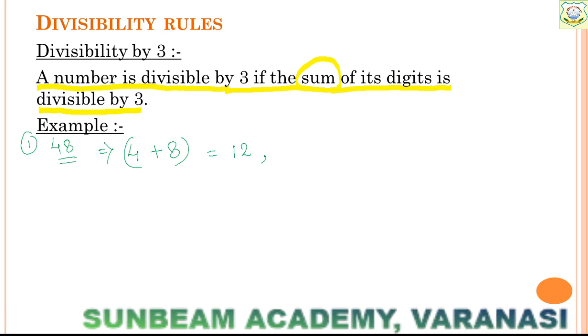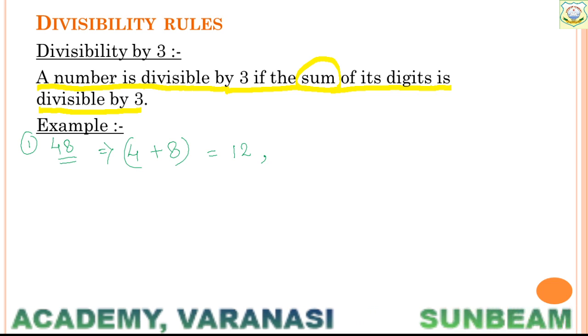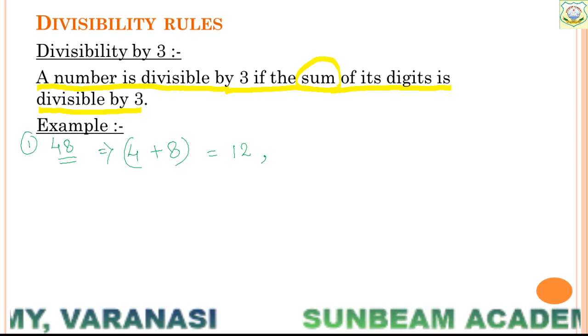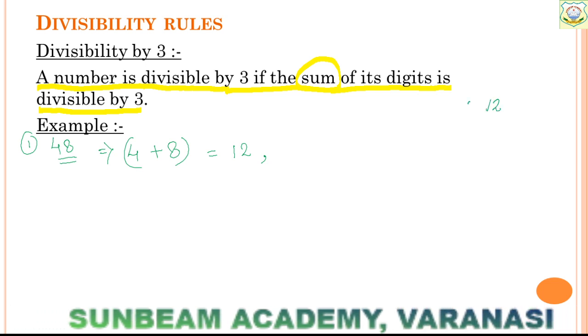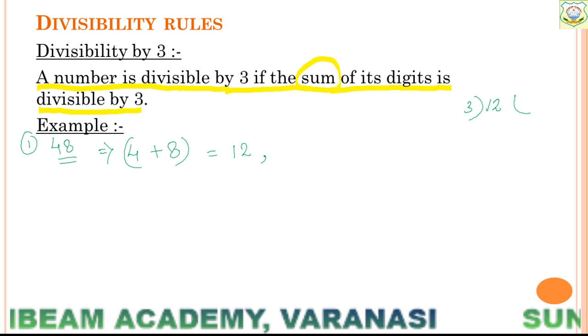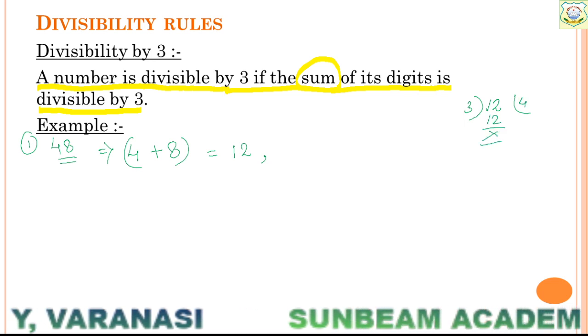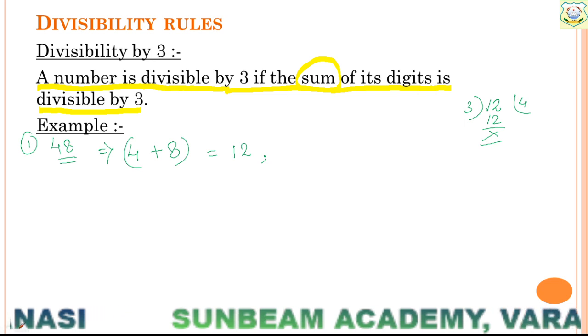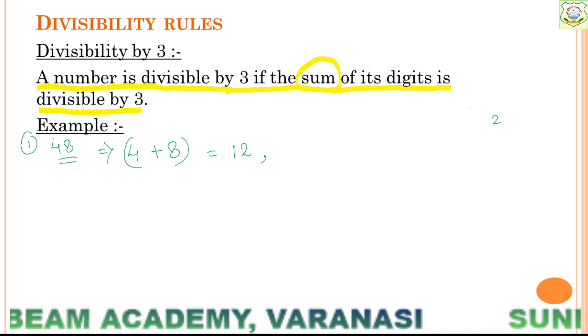Tell me students, is this divisible or not? Does 12 come in the table of 3? Yes or no? If you have got any bigger number, you can check like this. 3 times 4 is 12. So we got it, 4 threes are 12. So it means yes, it is exactly divisible.